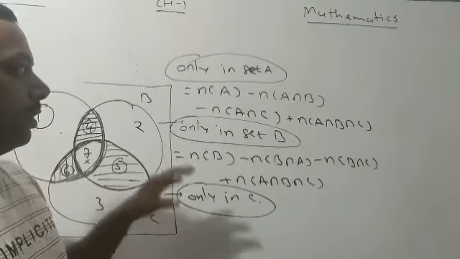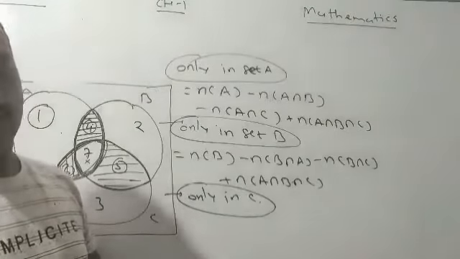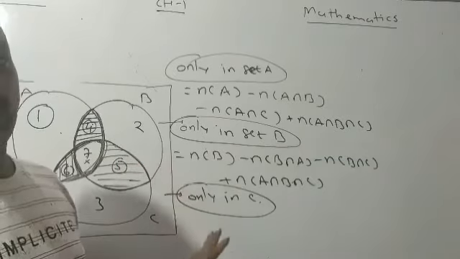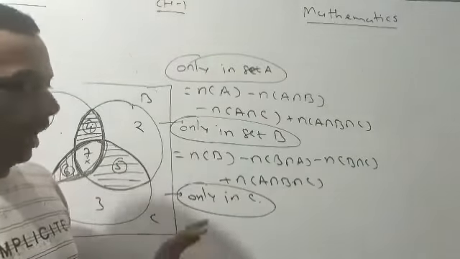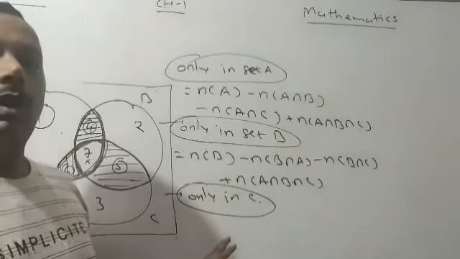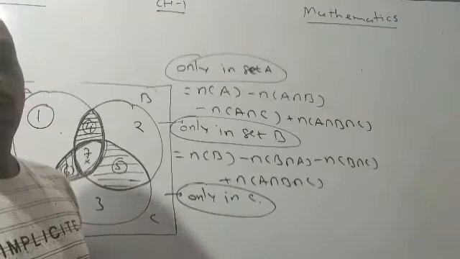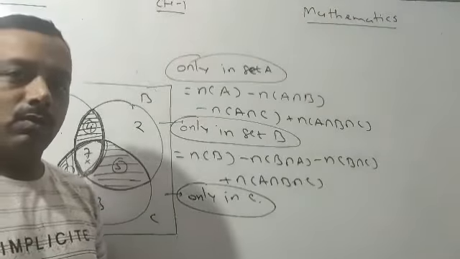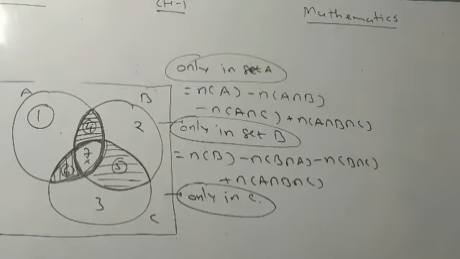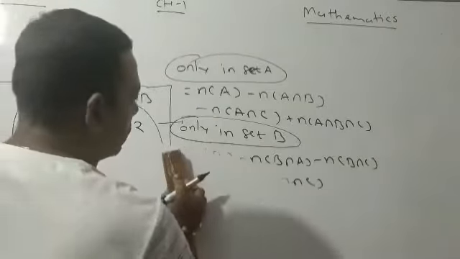Is this clear? So now these are the formulas which we have to use in exercises. But you can solve the same question with the help of a Venn diagram also. Now we will solve some questions with the help of formula as well as with the help of Venn diagram. In the exam, you can choose any one method. You will get the same answer and the same marks. Okay. Now we'll solve the questions from exercise 1.6.